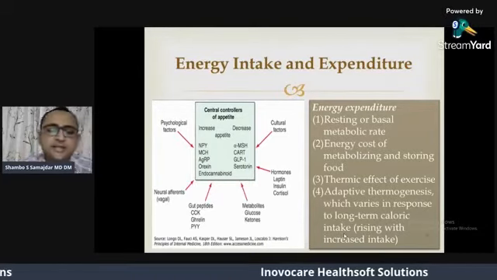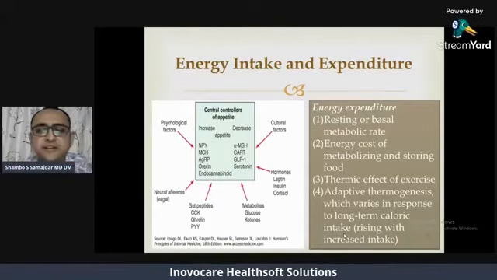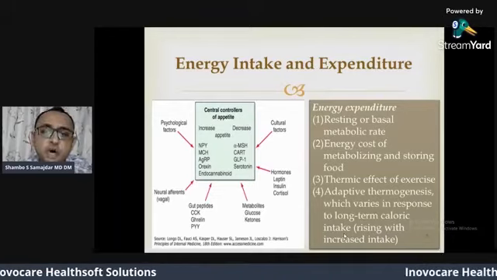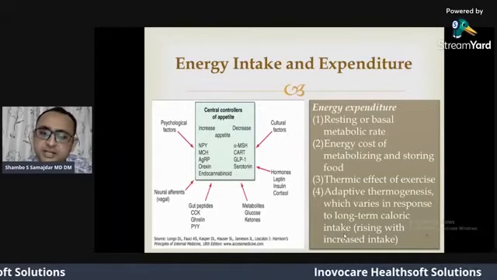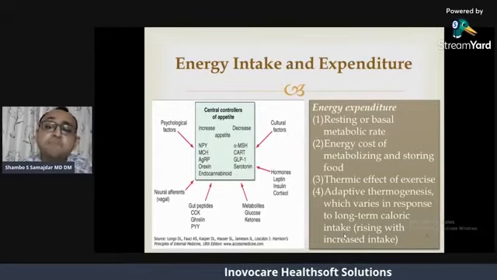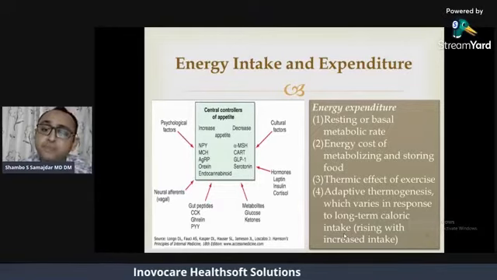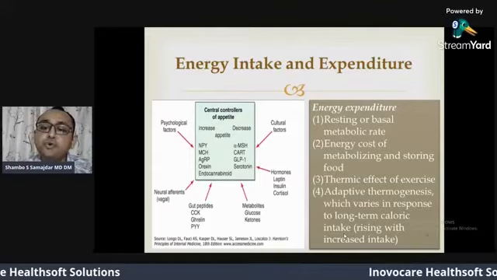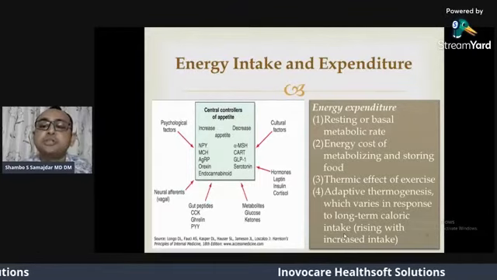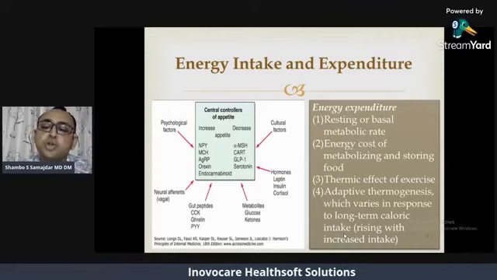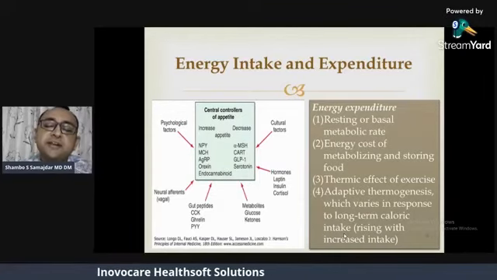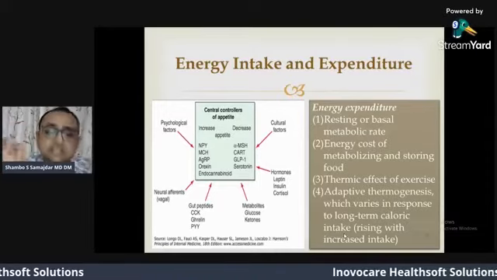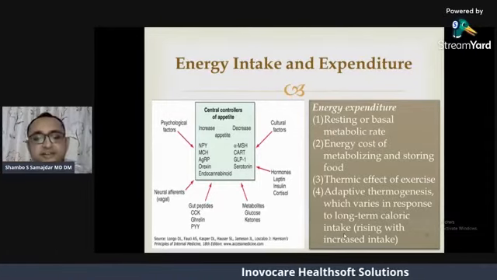So another important thing is the basal metabolic rate. Here we can see the energy expenditure generally by, number one, resting or basal metabolic rate. Number two, the energy cost of metabolizing and storing food. Number three is the thermic effect of exercise. And number four is the adaptive thermogenesis, which varies in response to long-term caloric intake and generally rises with an increase in intake. But the important thing to note is that the basal metabolic rate accounts for the